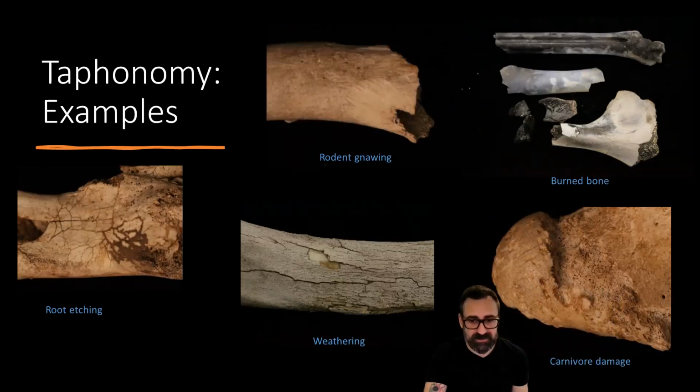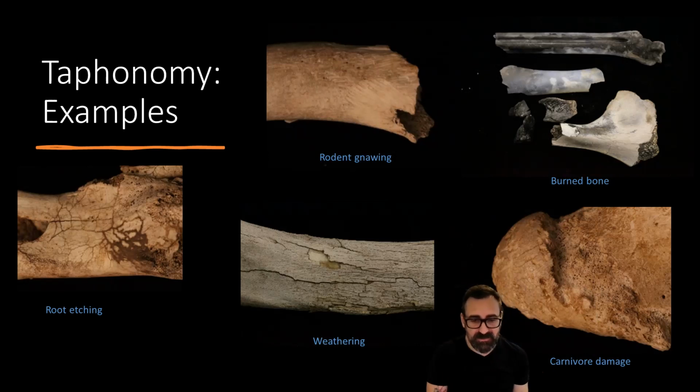I'm going to move me over just a little bit. So on the far side, you have root etching. These are just roots that are growing around the remains. If you were to find these, even if they were at the surface, and you see these root etchings, you can know that these were remains that were at some point underground. On the top middle, you've got rodent gnawing. You can see it around the edge, on the right side, where rodents are gnawing on the bones. This tells us that the bones were exposed at some point and that rodents had gotten to them.